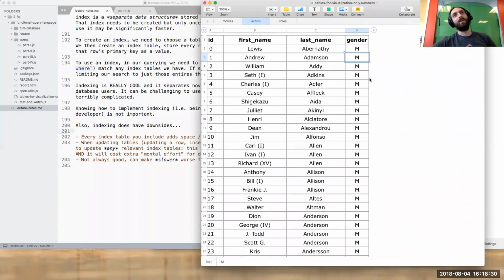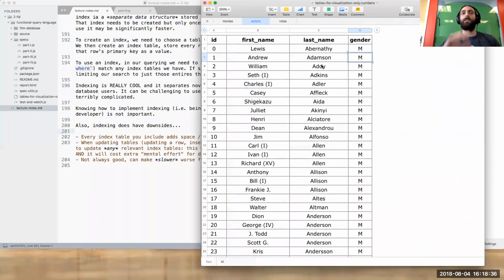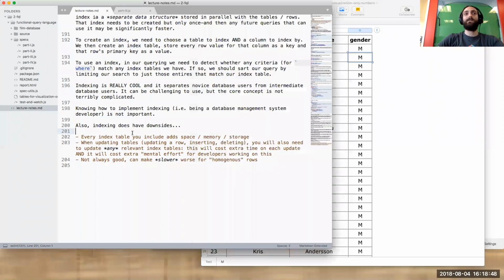And that means that if, let's say it has just M or F, because I don't think it has U in here, if we were to index by gender, we would be left with an index table that has two keys, M, which has roughly 1,000, and F, which has roughly 1,000 entries. And not only is that at least as slow as going down everything, it's actually a little bit worse